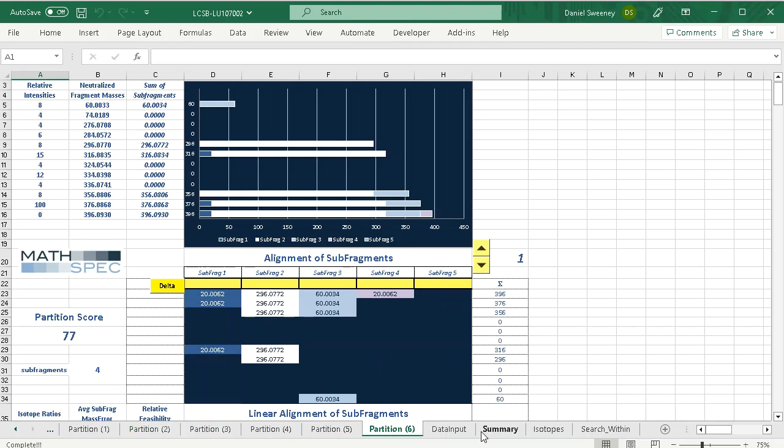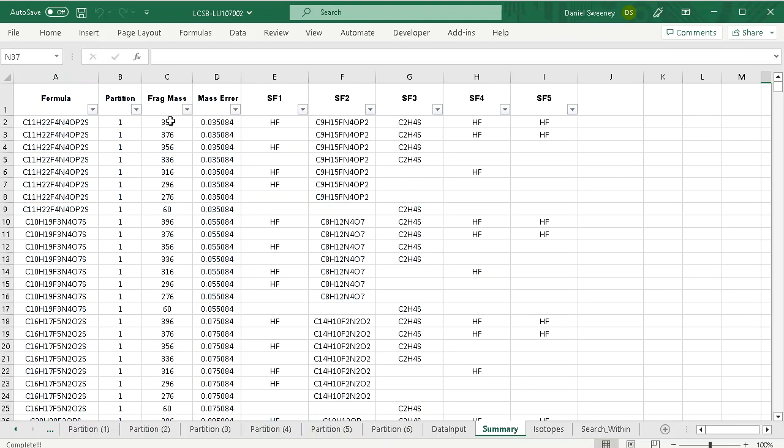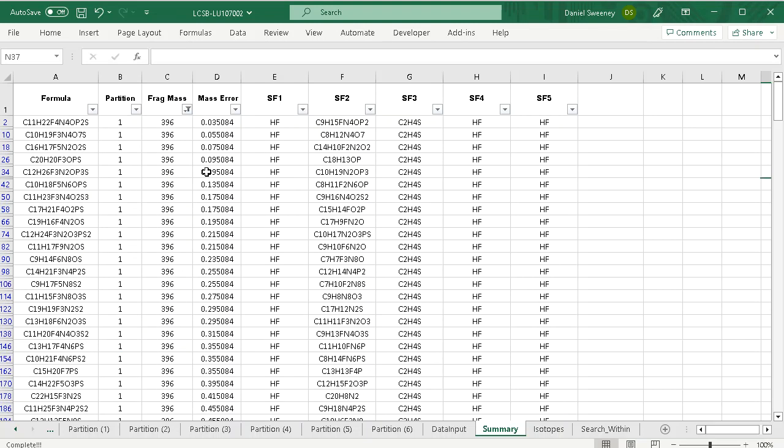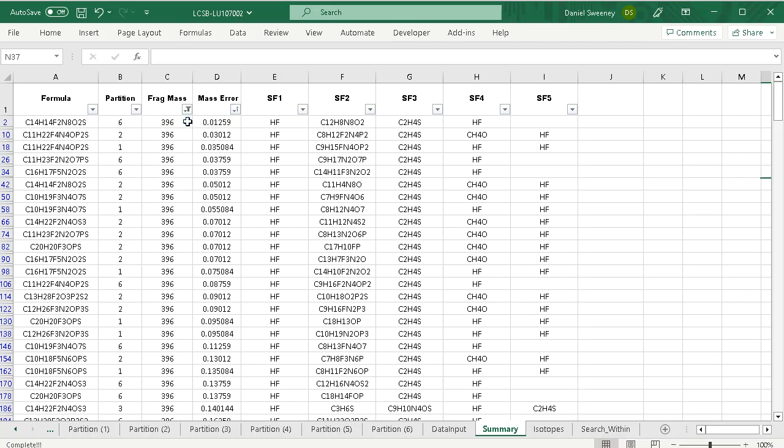The first thing I usually try to do is go to the summary page and select the precursor, the neutralized precursor mass, and then sort by mass error. And when I look at these formulas, there are quite a few possibilities. I'm doing this demo to show that you don't need to get the formula, but this is usually the first thing I look at. The other thing we could do, for example, we could take this formula, is used twice,